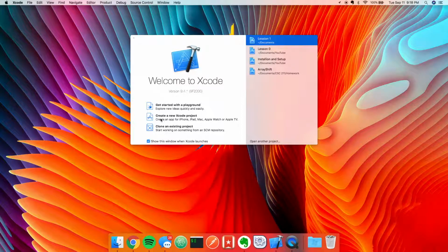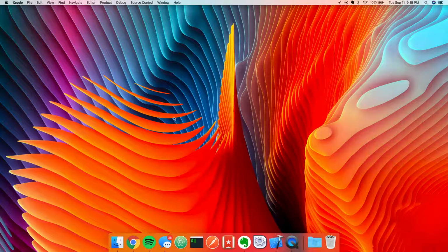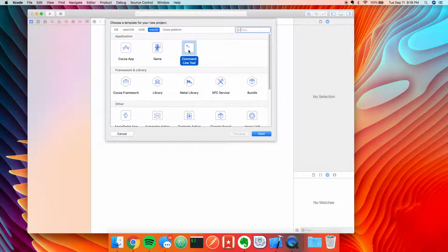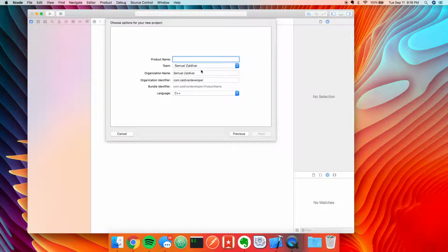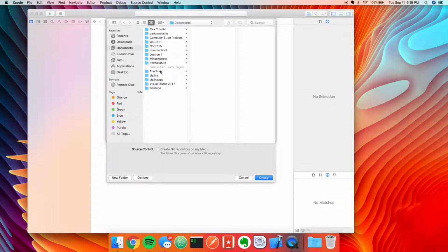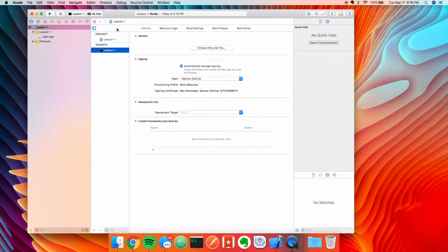In Xcode, you go to Create New Xcode Project, macOS, command line tool. Next, project name, I'm going to call mine lesson 1, language C++. Next, and create. Alright,